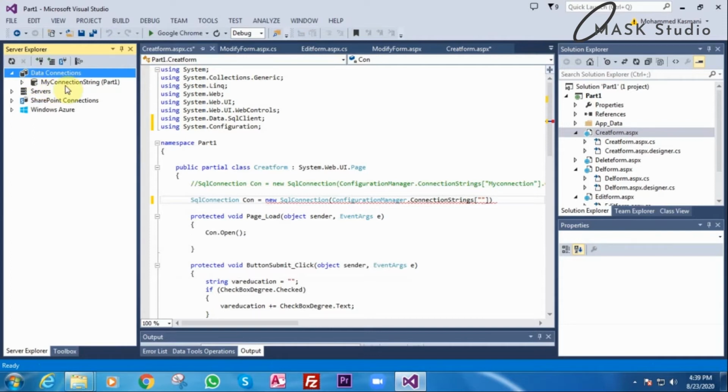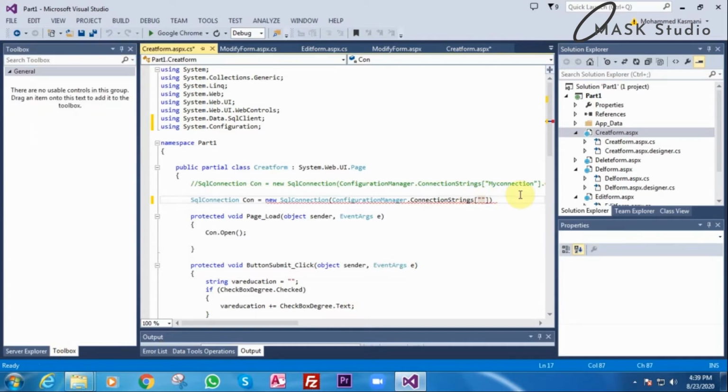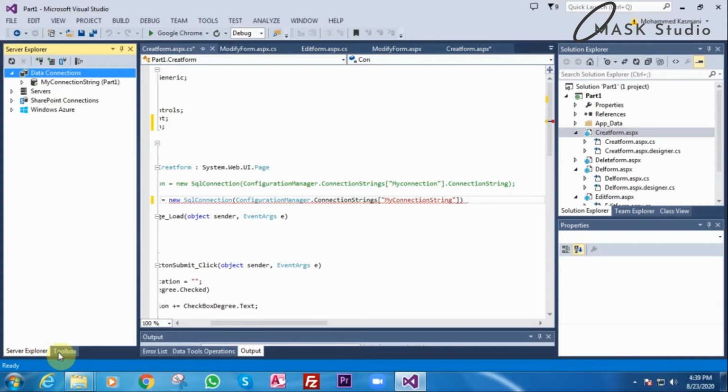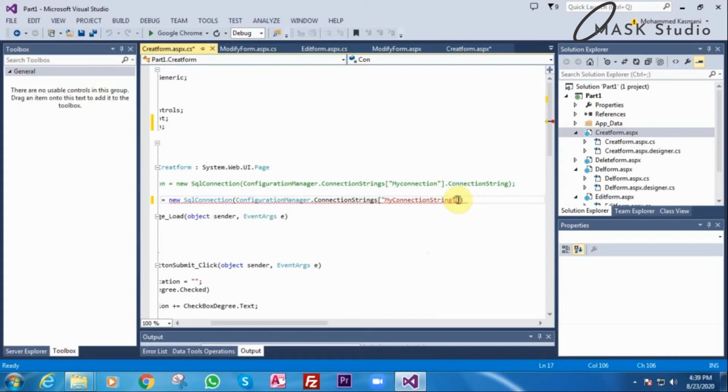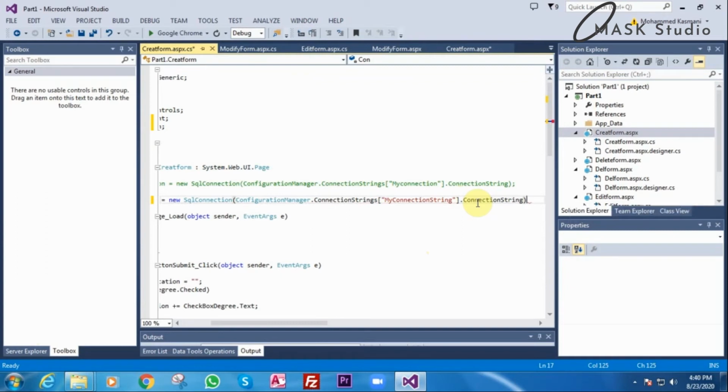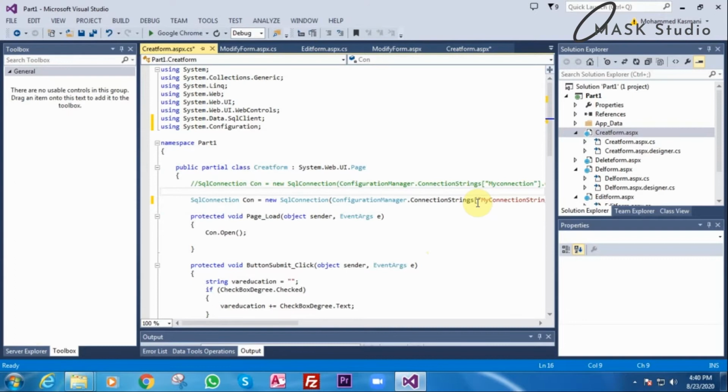This is the connection string, my connection string, your connection string. I hope the spelling is correct. Okay, then we'll say comma dot ConnectionString. So we have already assigned the connection string now.